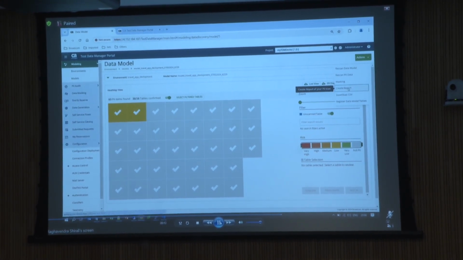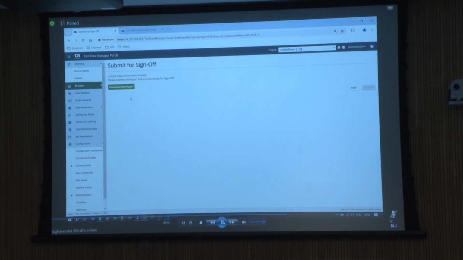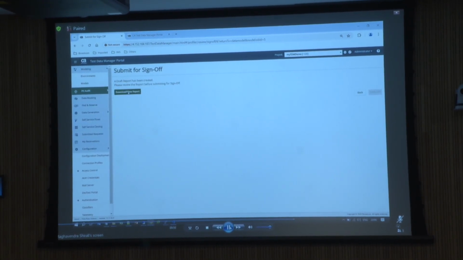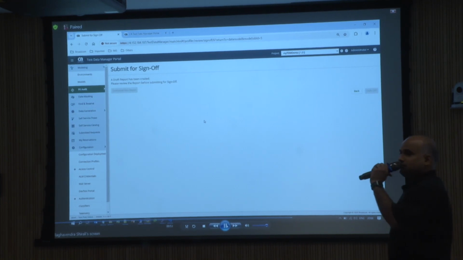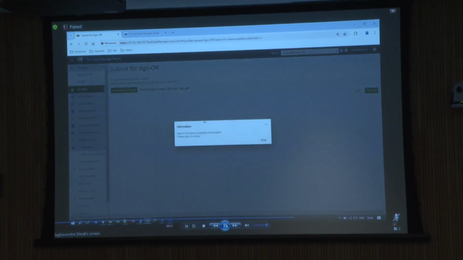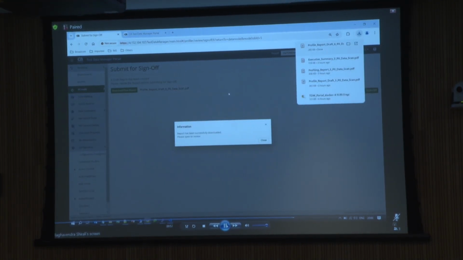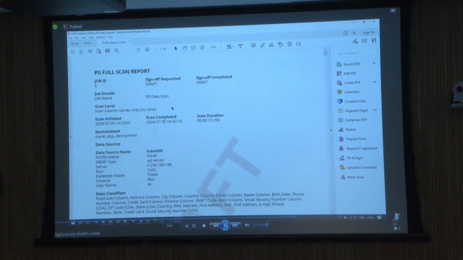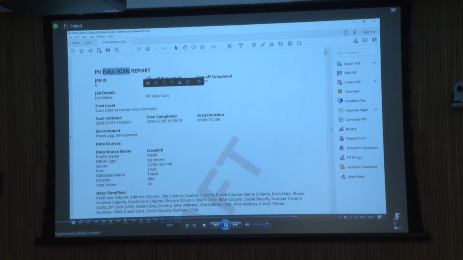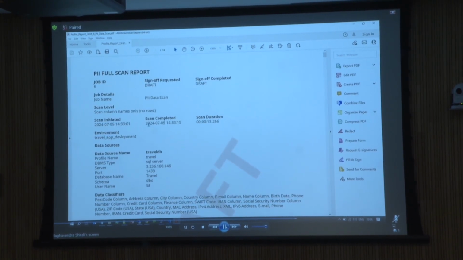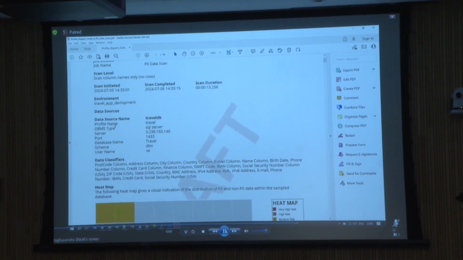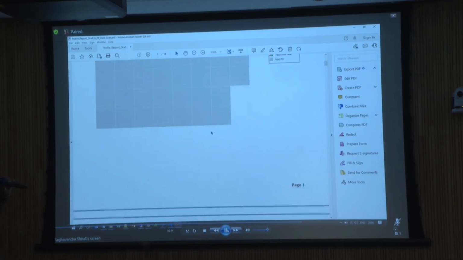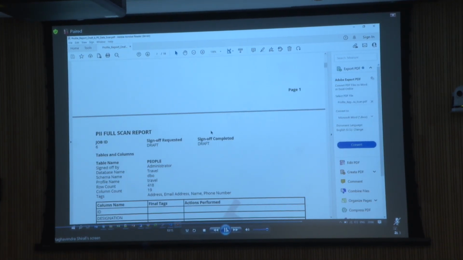Now the next step is I'm going to create a report. The report will be in PDF format. As the person doing this activity, I'm downloading the report to see what the output of this report is. The output of the report is the steps which we have performed so far. We have done a scanning, we have applied a few classifier packs, and we have got the heat map, right? So as the person who has done this auditing activity, I can understand what the output is,